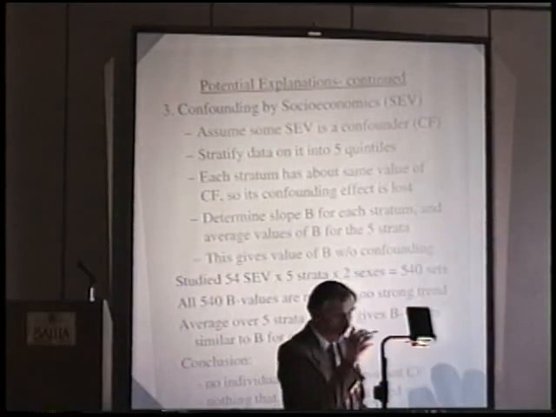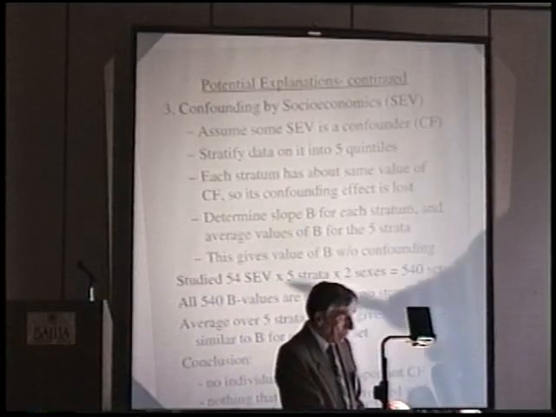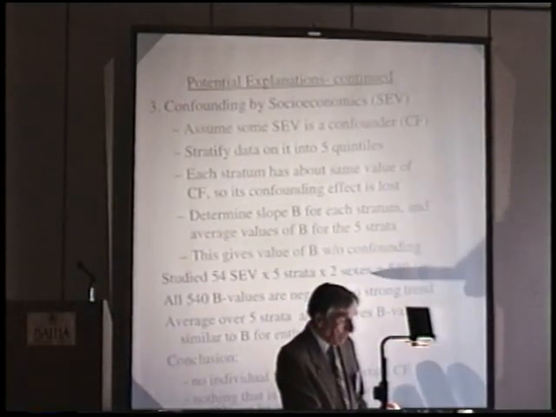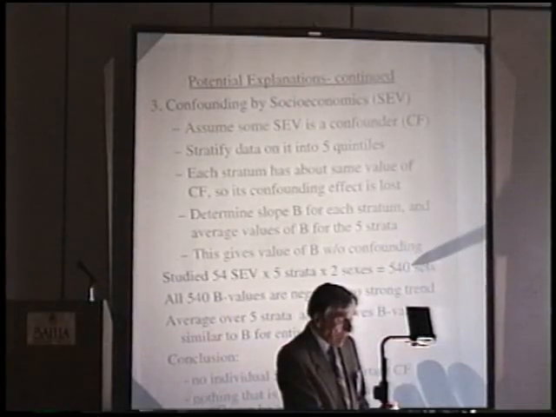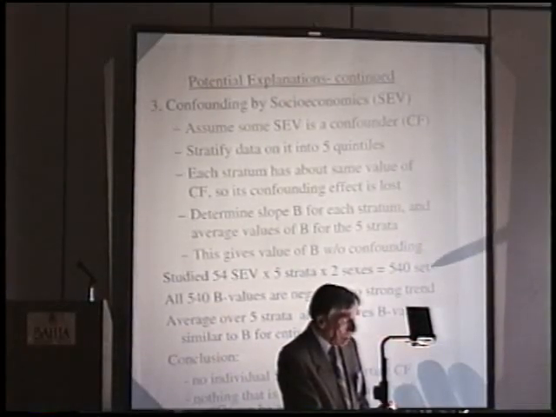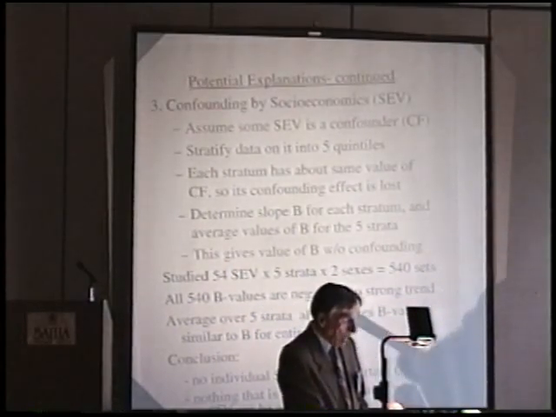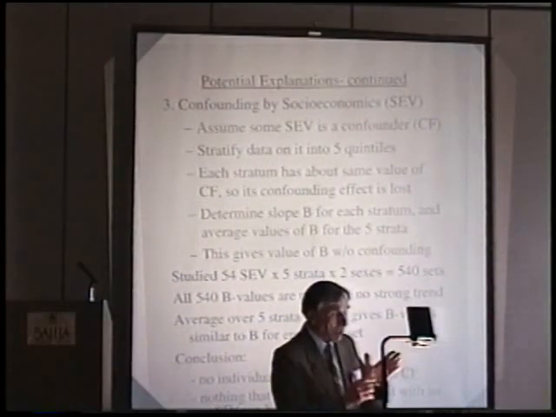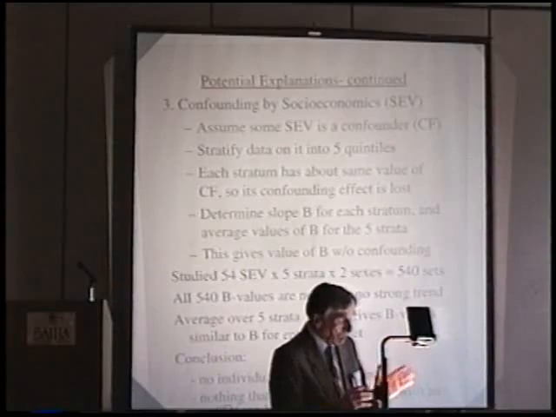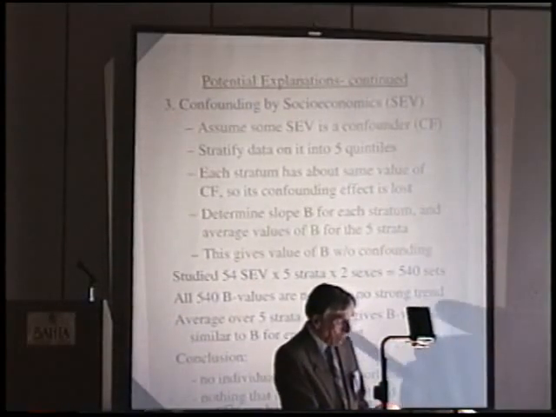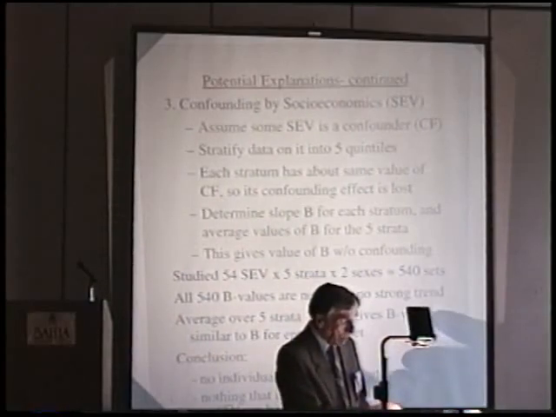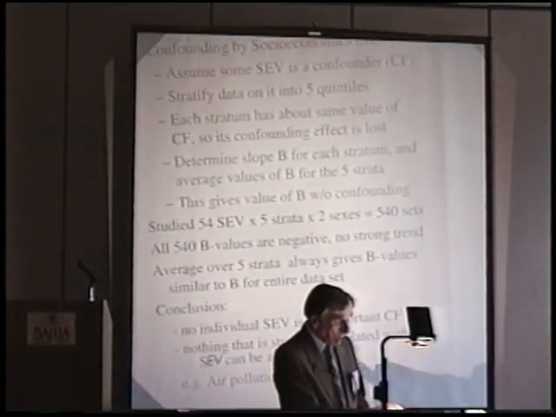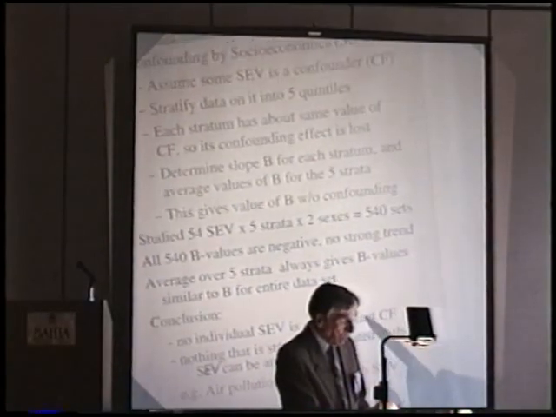Now, income is just one of our 54 socioeconomic variables. We studied all 54, divided each one into 5 strata, for both males and females. That means we did 540 different analyses here. All 540 of these slopes were negative, and there was no strong trend which made it look like, say, one of our socioeconomic variables was doing anything here. If you average over the 5 strata, you always got a slope very similar to the slope we get for the entire data set. So the conclusion is that no individual socioeconomic variable can be an important confounding factor,